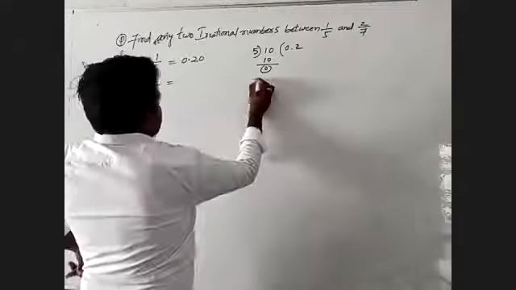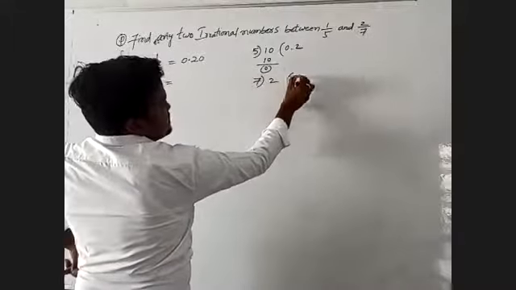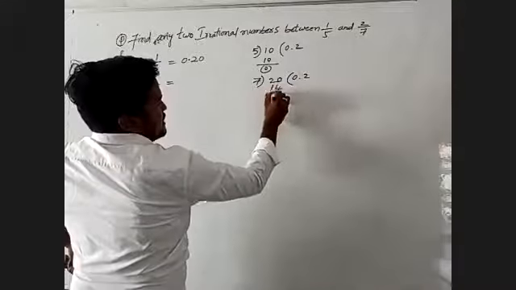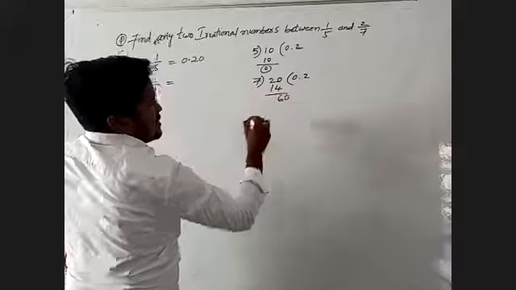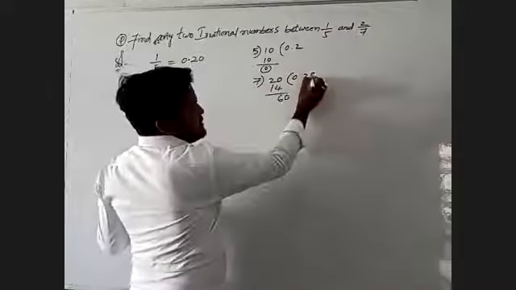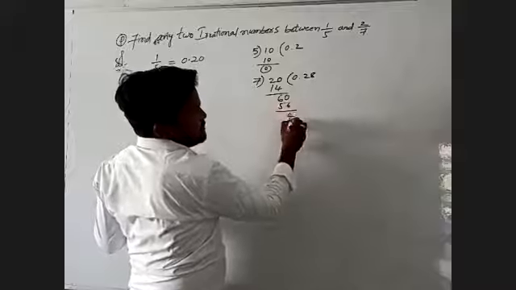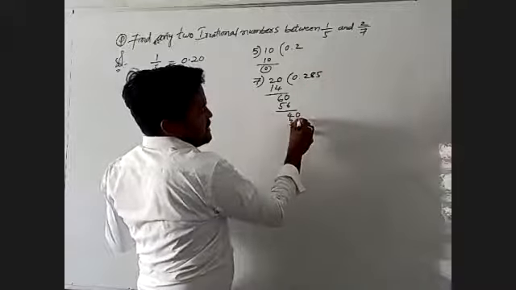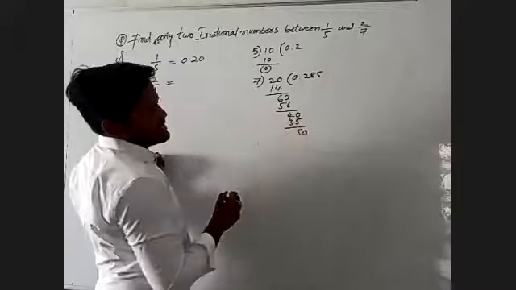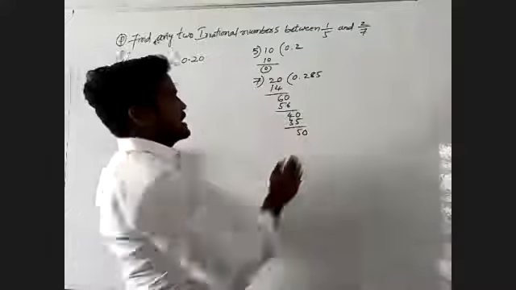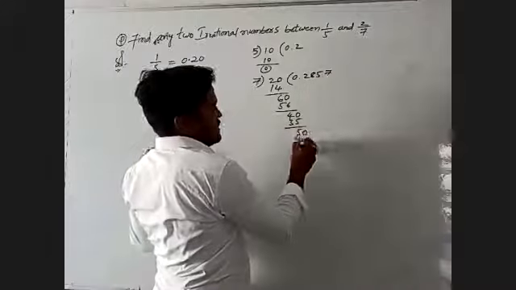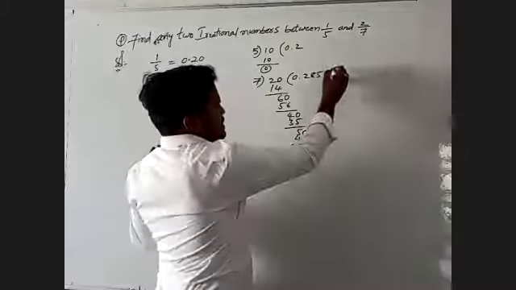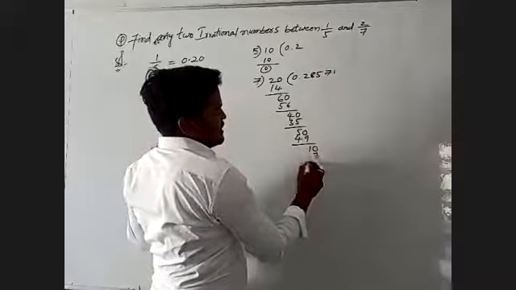And also I have to divide 2 by 7: 0 point. 7 twos are 14, the remainder is 6. Again we take 0. 7 eights are 56, the remainder is 4. Take 0. 7 fives are 35, the remainder is 5. Again 0, 7 sevens are 49, the remainder is 1. After that 0, 7 ones are 7, the remainder is 3.